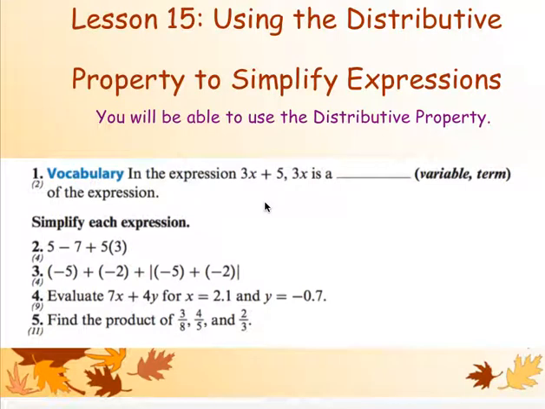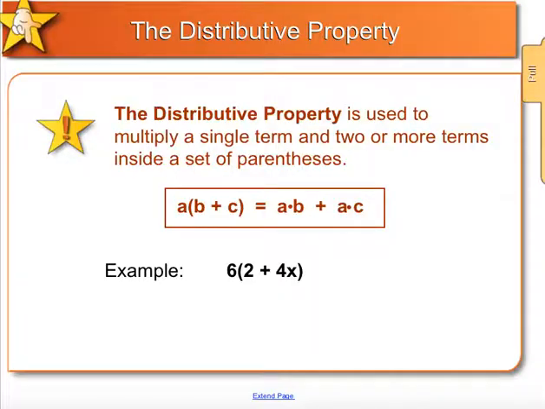Algebra 1, Lesson 15, and we're going to look at 16 as well. So 15 is all about using the distributive property, and we can start out by looking at the distributive property to say that we have a single term outside of the parentheses, and we need to multiply it by everything inside the parentheses. So looking at these variables, we have